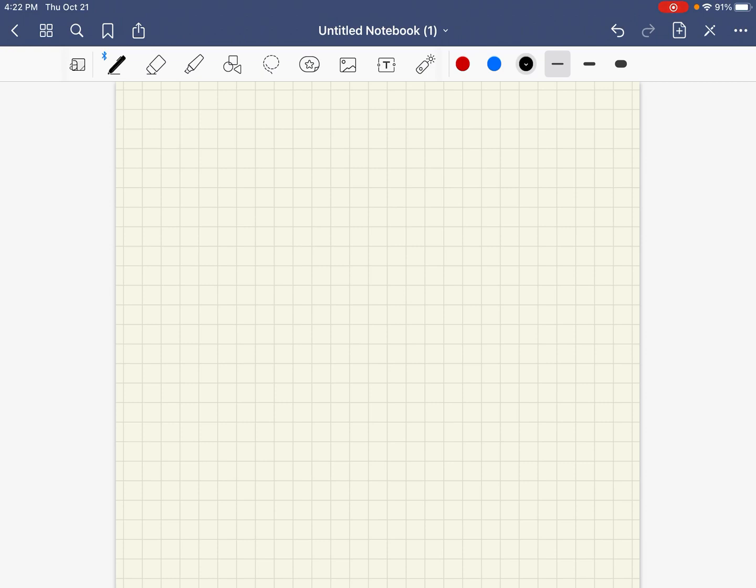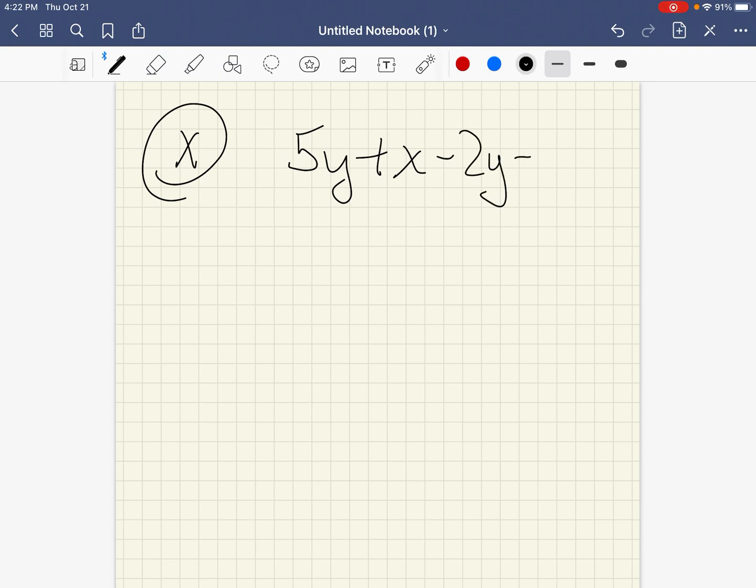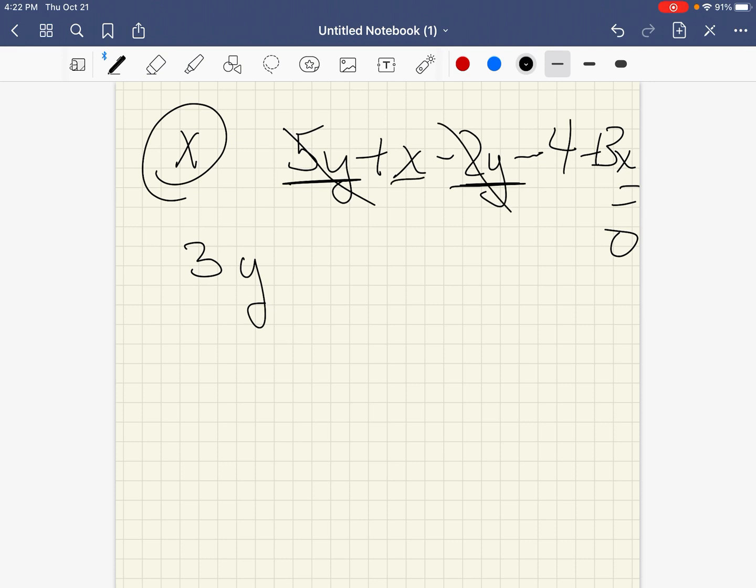So let's do 42.4, which says to solve for x, we have 5y plus x minus 2y minus 4 plus 3x, and that's equal to 0. Sorry about that, I ran out of room. Well, just like with any equation, we need to simplify by adding like terms. So there's a 5y and a minus 2y, so 5 minus 2 would be 3y. And then we have a plus x and a plus 3x, which would be plus 4x, and then minus 4